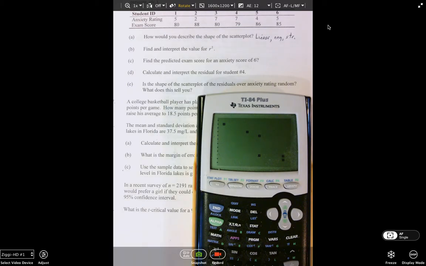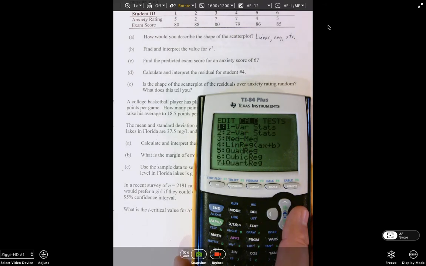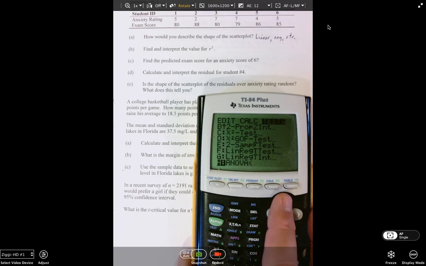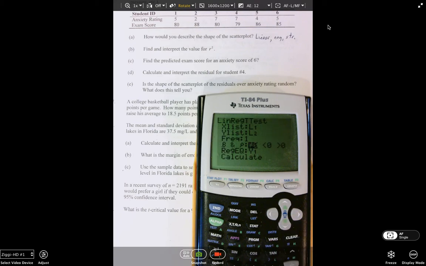The next thing I ask you is find and interpret the value for r squared. Well, guys, I'm going to let the calculator do the work here. I'm going to go over to test, scroll all the way to the bottom, and do linear regression t-test. Okay? Hit enter. Make sure you have L1 and L2 selected. Make sure you have 1 selected. We're not performing inference here, so we don't have to worry about this beta and rho. And it's nice to have the regression equation there. Now let's say that something's happened over the time and